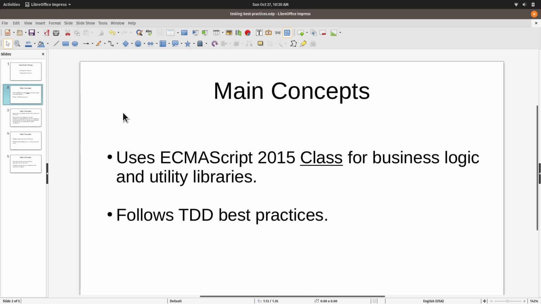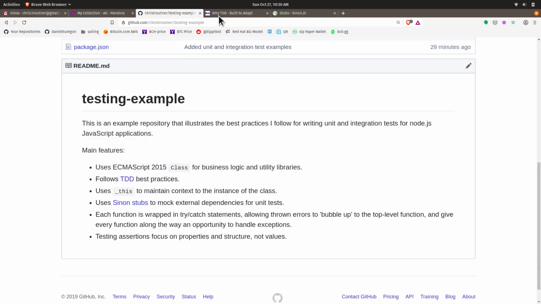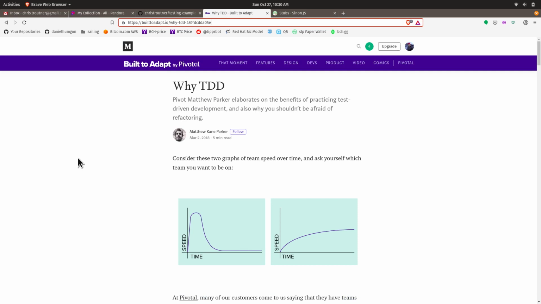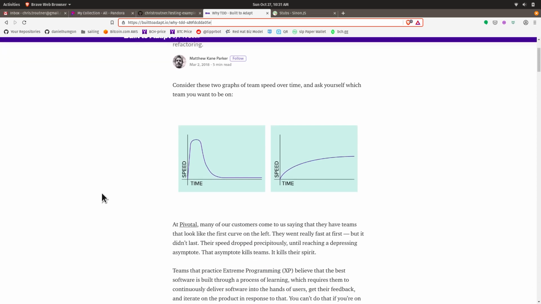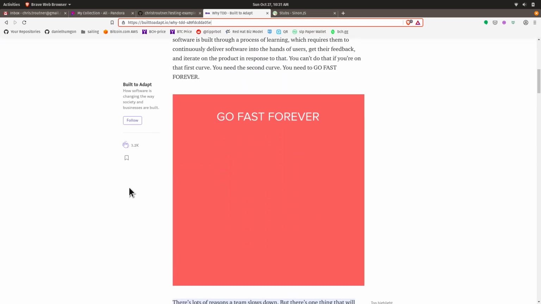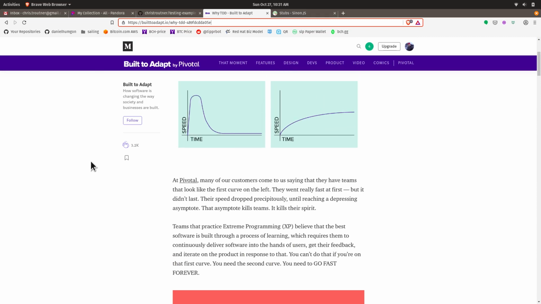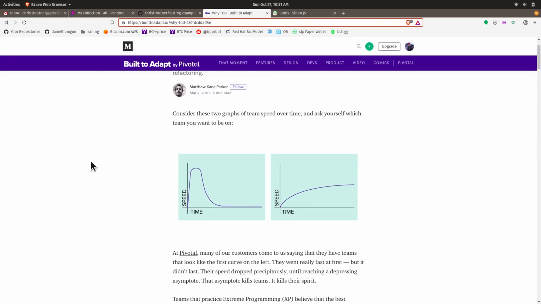And I also want to give a shout out to test-driven development, usually called TDD. In particular, there's one article that has been incredibly inspiring to me over the years. It's this article by Matthew Kane Parker on why TDD. A lot of people, if you ever hear the phrase "go fast forever," he really talked about that. Go fast forever, and he gives really excellent